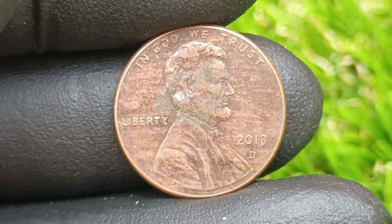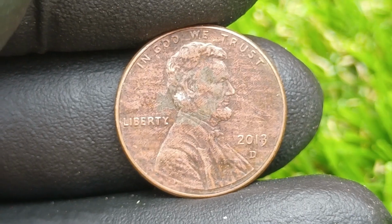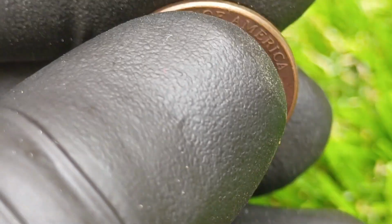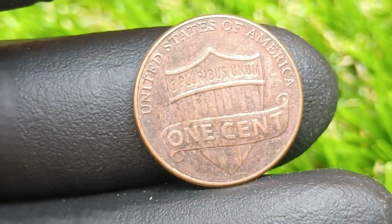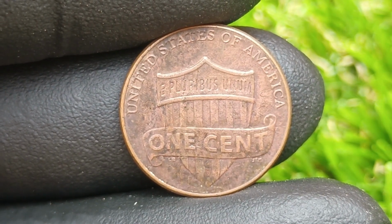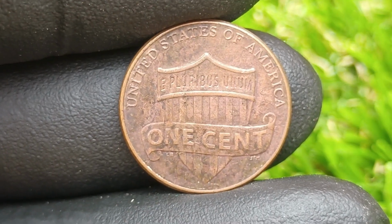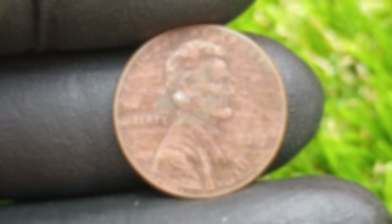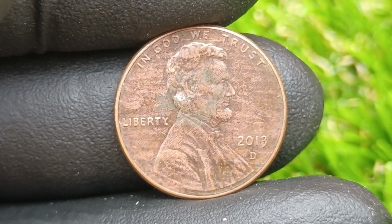Because in 2013 billions of pennies were struck and released into circulation, most perfectly ordinary, shiny copper-plated pieces with Abraham Lincoln on the obverse and the Union Shield reverse that had been in use since 2010. But among this sea of common coins, certain anomalies escaped quality control and made it out into the public's hands,